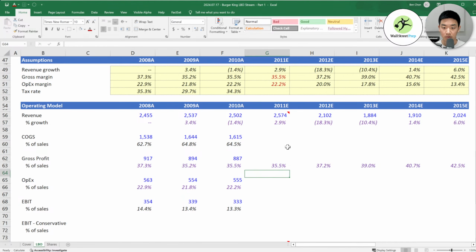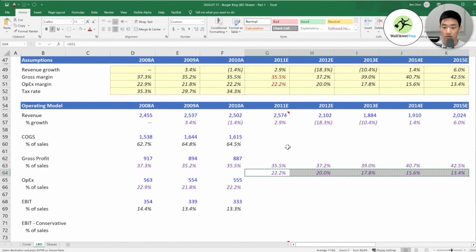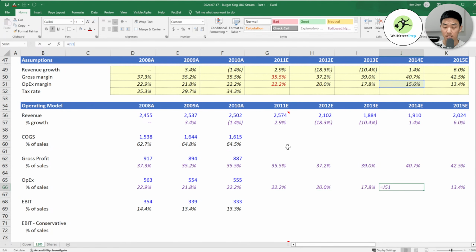Okay, so we copy this. Okay, so then if we weren't worried about anything else, we would basically back into all these figures.